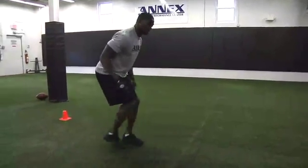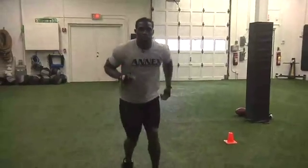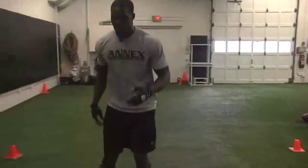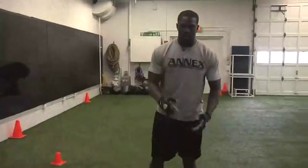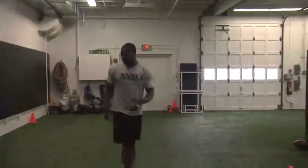And when you're changing direction, your body's going to move with you. You're not going to be falling out. You're not going to be rounding breaks. You're going to be making sharp, crisp breaks, which are going to help you accelerate in and out of cuts. When you're making sharp, crisp breaks, when you're coming around a cone,